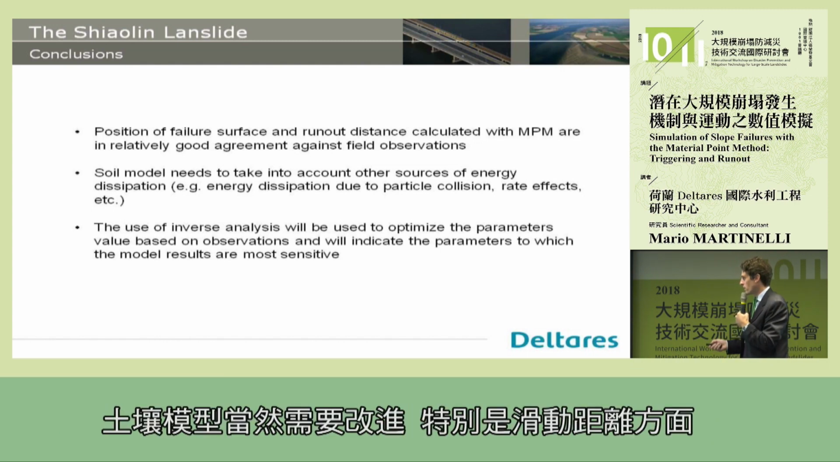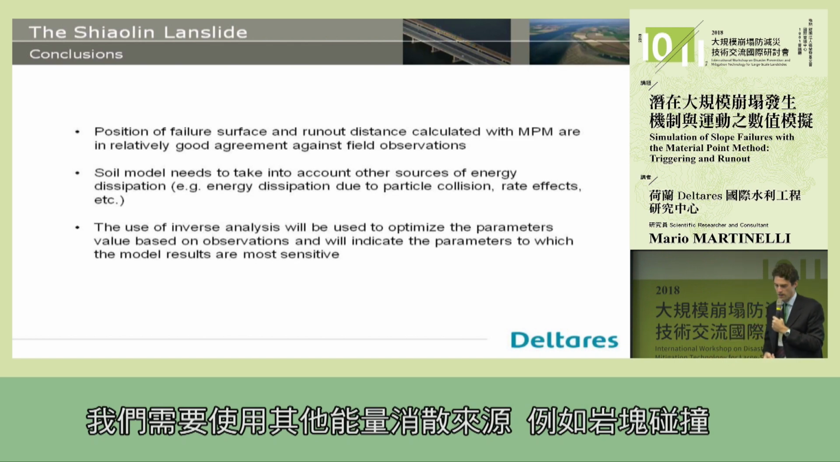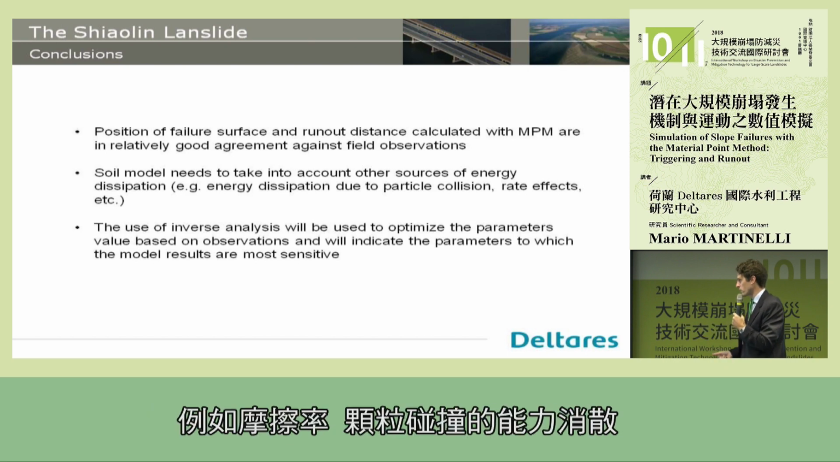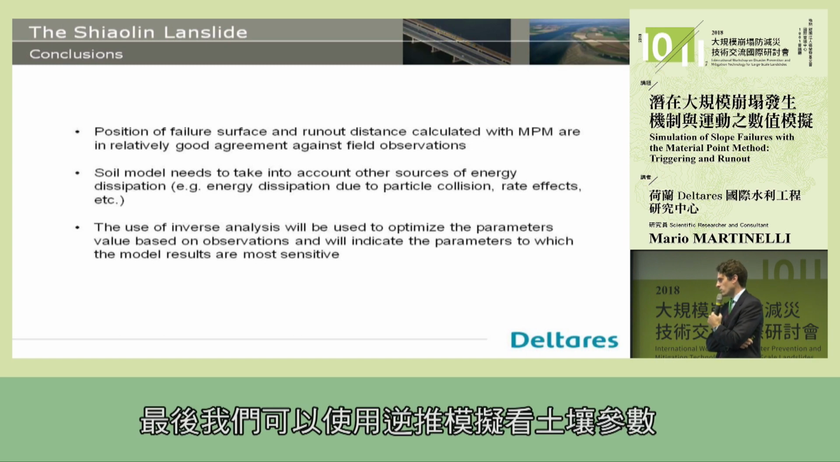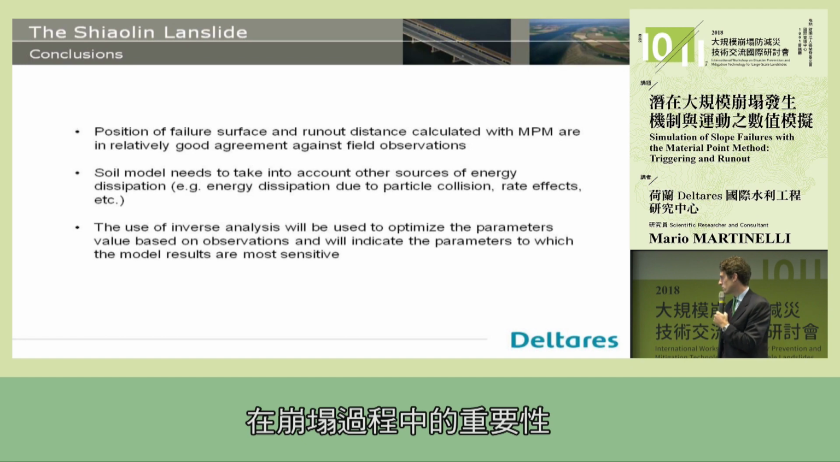But the soil model needs to be improved, especially for runout, where we need to use other sources of energy dissipation. For example, block collision or some rate effect, or energy dissipation due to particle collision. That might also affect the runout distance. And at the end, we can use inverse modeling to see how important the soil parameters are in the failure